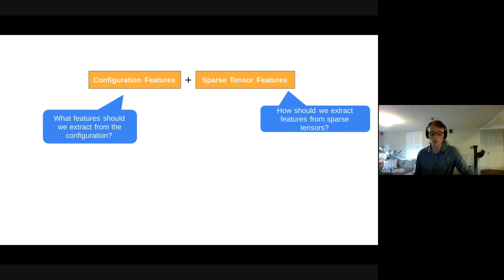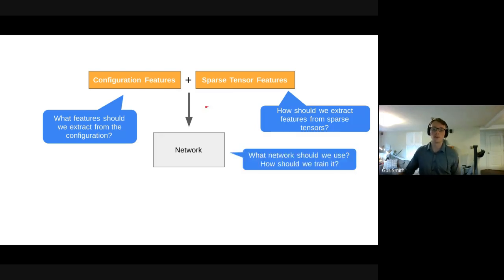So how do we turn a sparse tensor into a compact set of features that can be plugged into a cost model? Similarly with the configuration features. Then that goes into a neural network that will be trained to be our cost model. What network should we use? How do we structure it? How do we train it? And then that produces a prediction. This, in general, is the shape of our cost model.